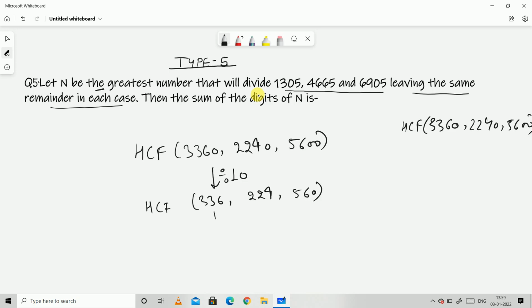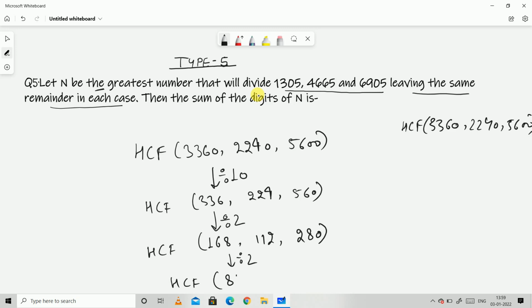Now all these are even numbers, so I can divide by 2 here. So let's divide it by 2. So here I'll get 2 ones are 2, 2 6s are 12, and 2 8s are 16. Here I will get 2 ones are 2, 2 ones are 2, and 2 2s are 4. Here I'll get 2 2s are 4, 2 8s are 16 and 0. Again I can divide by 2 because again these are all even numbers.